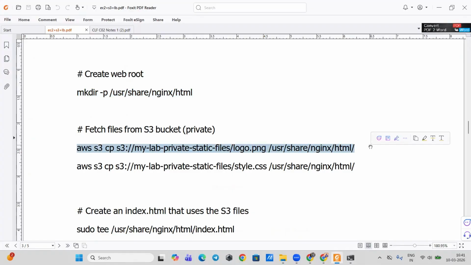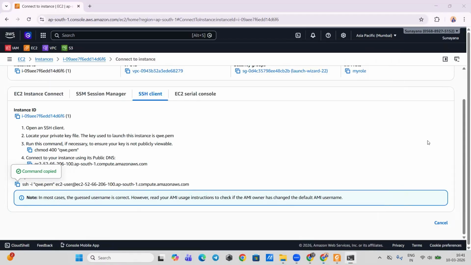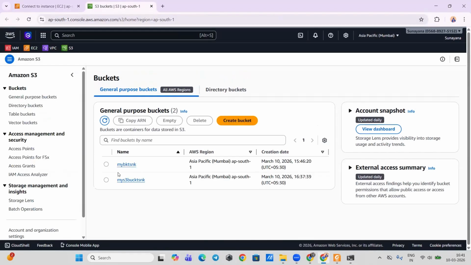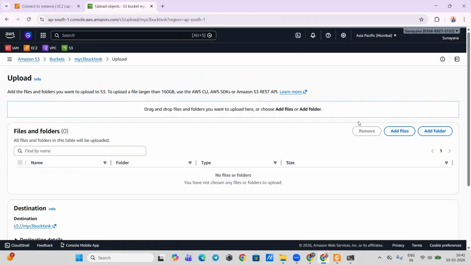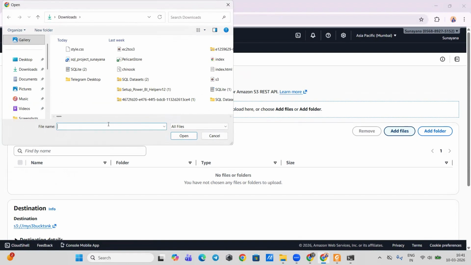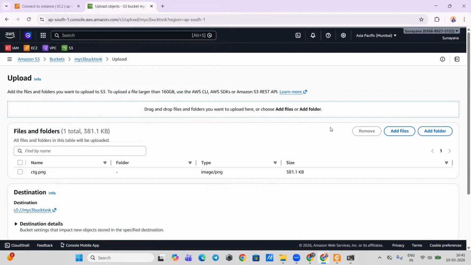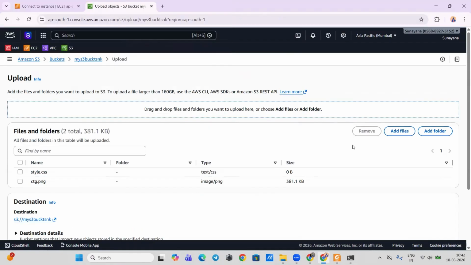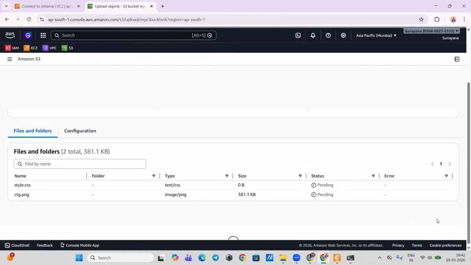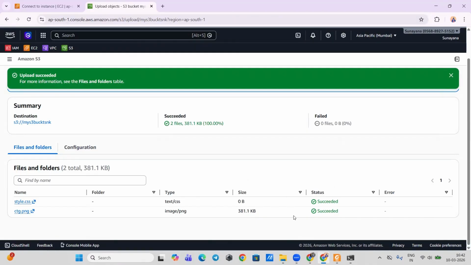Now we're going to fetch files from our bucket. Now before we do that, when we had created our bucket, we are going to add two files to it, okay? We're going to add an image file and we are going to add a blank style.css file, okay? Just do these two things and now